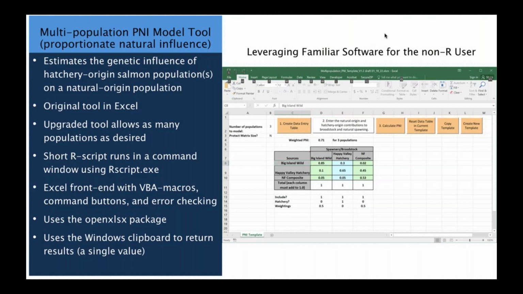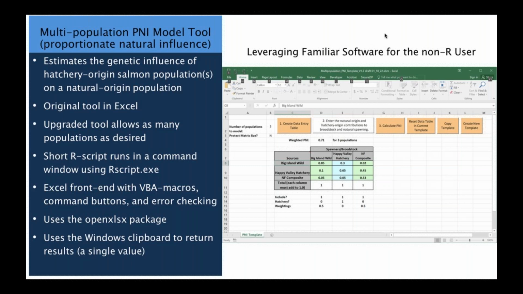R is a great programming language, but it's not the only programming language, and there are lots of other tools and languages that we can use. And not only that, remember that a lot of these tools are evolving. So knowing another programming language other than R is great, and I encourage it.